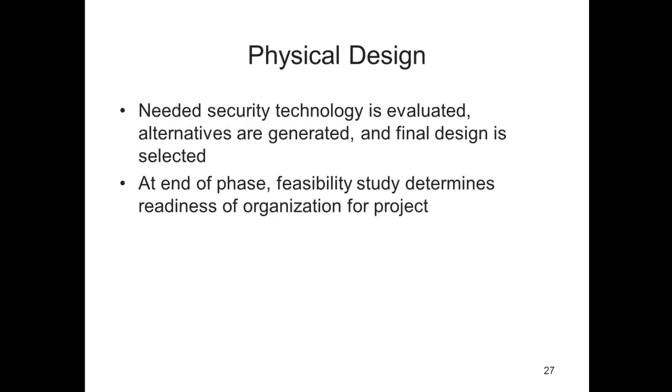The next phase of the life cycle is the design. Here, the security technology to support the blueprint outlined in the previous phase is selected. The security blueprint may be revisited to keep it synchronized with the changes needed when necessary. Criteria needed to determine the definition of a successful solution are also prepared during this phase. Also included at this time is the design of physical security measures to support the proposed technology. At the end of this phase, we do another feasibility study to determine if the organization is ready for this, and all parties involved will also have a chance to approve the project before its implementation.